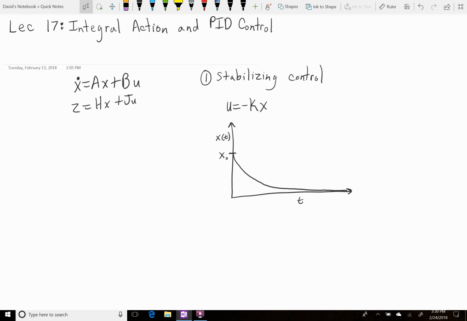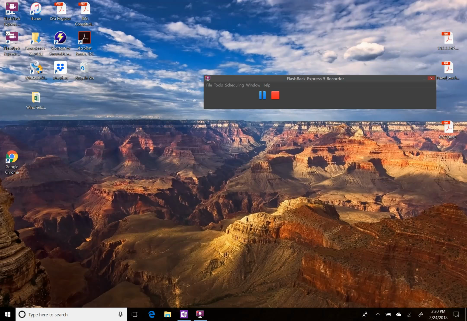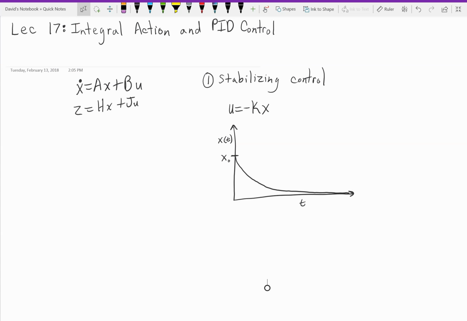Alright, so the topic of this lecture is called Integral Action and PID Control. If we begin, or if we recap where we left off in the past lectures, you'll remember that we have